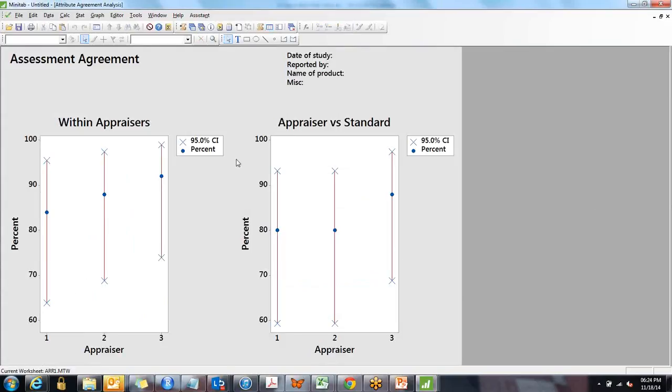Look at this. First of all, let us evaluate the diagram. For this appraiser 1, approximately 84% are repeated. So the percentage matched when measured by an individual appraiser is 84%. So this student 1, when he takes measurements 2 times, 84% of the time it matches. So let us see how 84% has come.